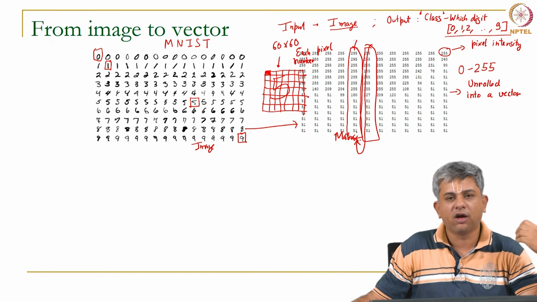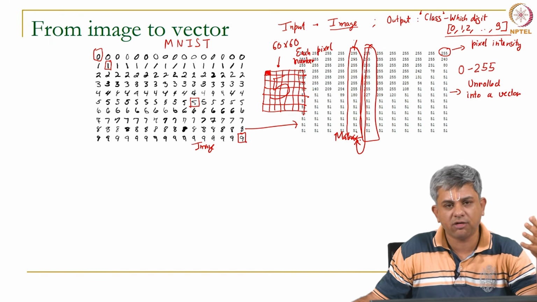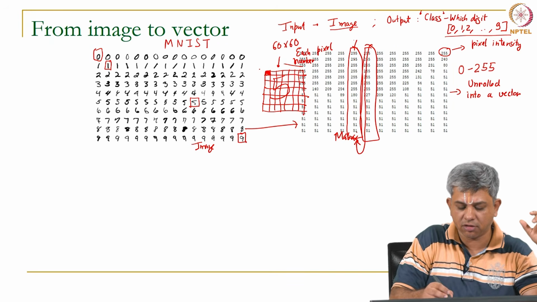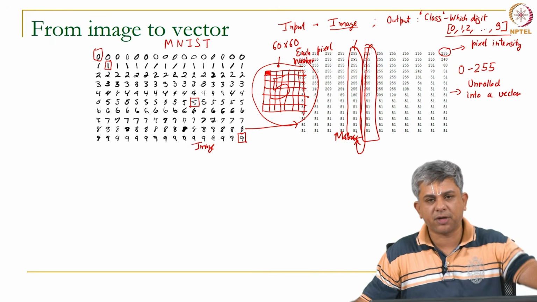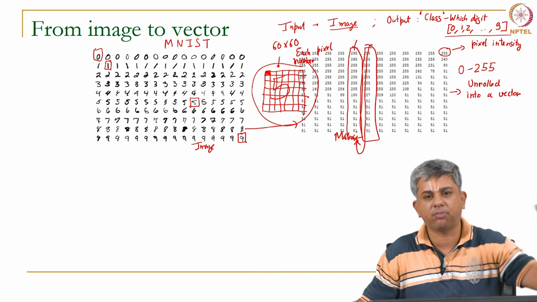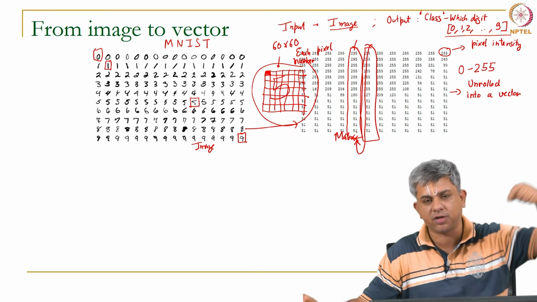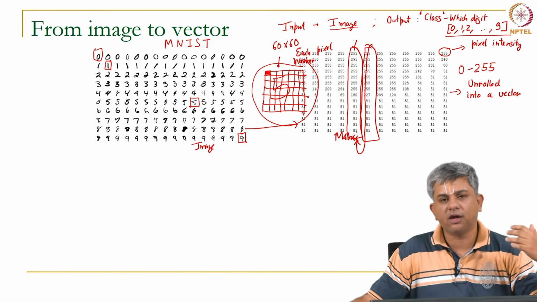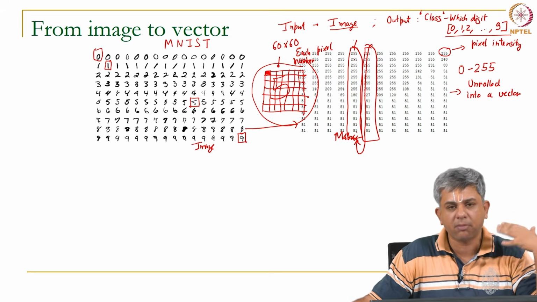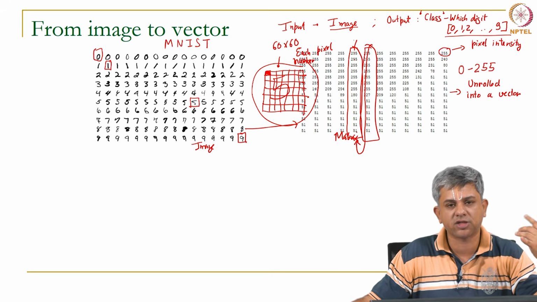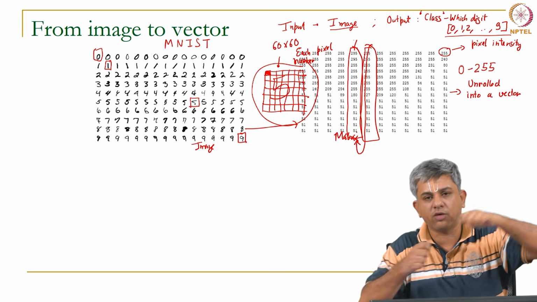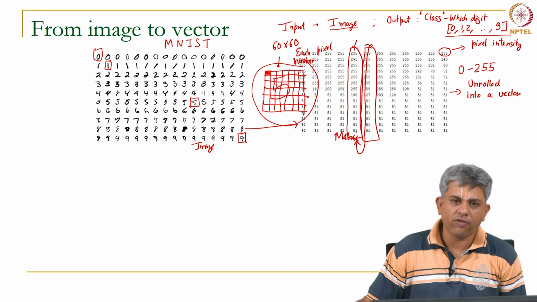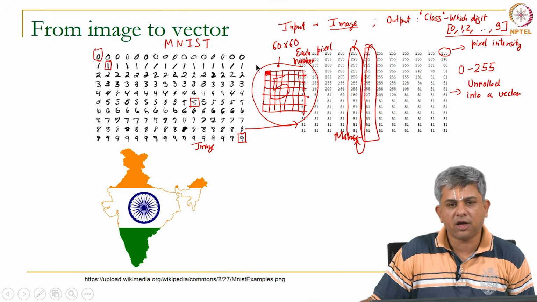So, you have non-uniqueness in representation. You can take an image of this sort and represent it either as a simple matrix of numbers or as a vector of numbers. The more important point here is to see that what looks like an image to us can actually be converted into a full vector. To give you another example, you can see something like this.